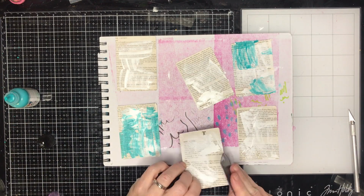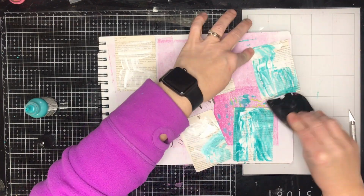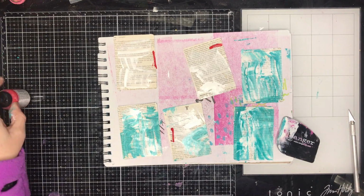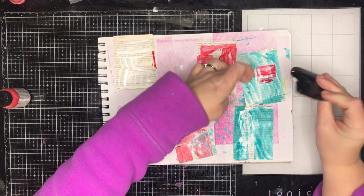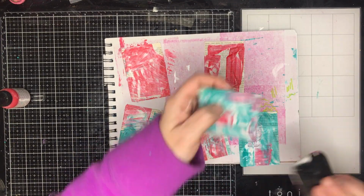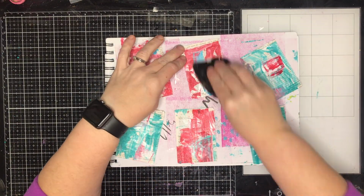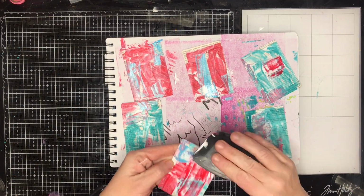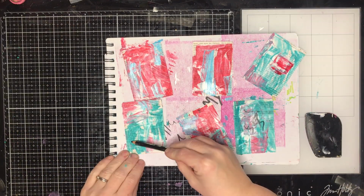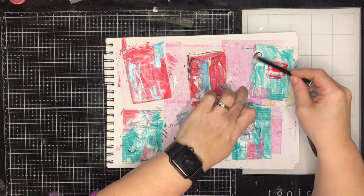So the challenge for this one was to do abstract art on your artist trading cards, kind of in the style of Tiffany, Southern Girl Designs, who's on Instagram and YouTube. She does all these funky little quirky collages using beautiful tiny little bits of ephemera, and she's just so free with what she does. So that's what I was trying to channel, and I was using my favorite color combination of turquoise and red,